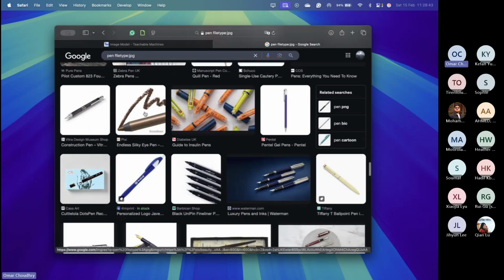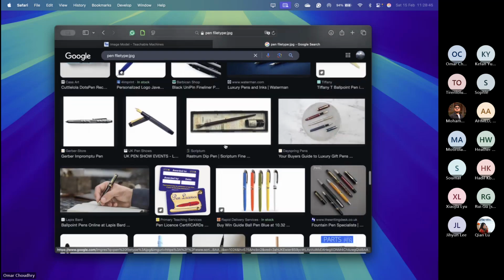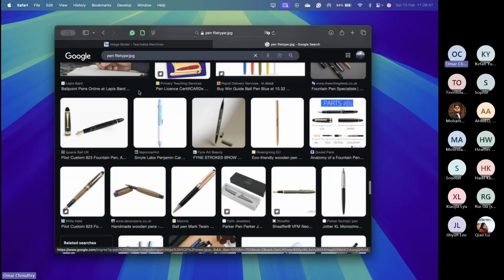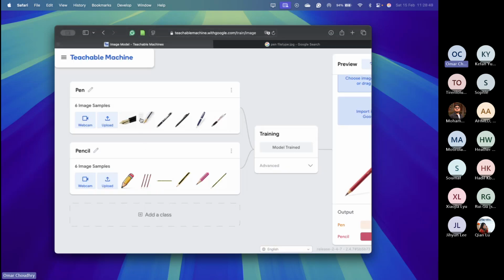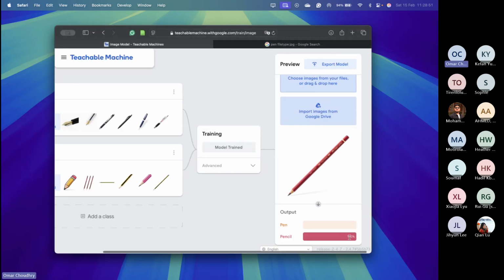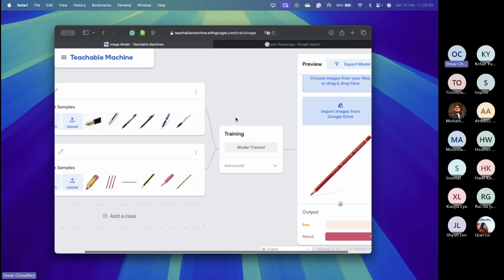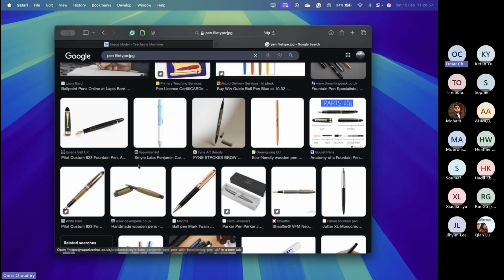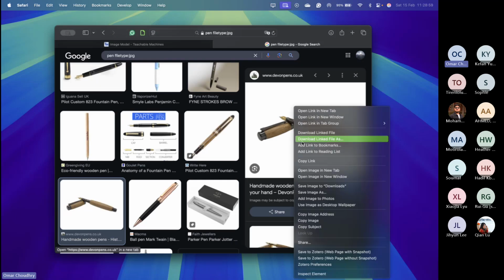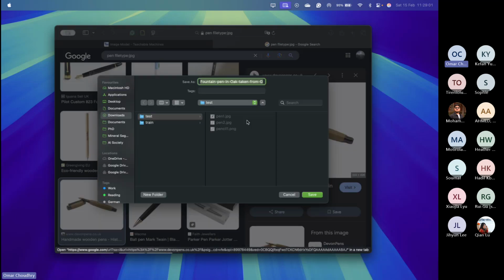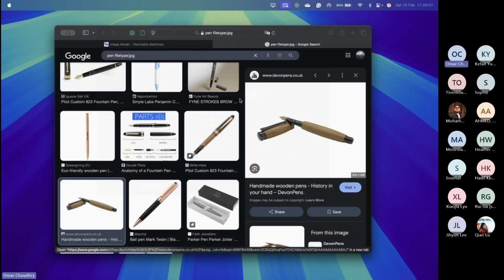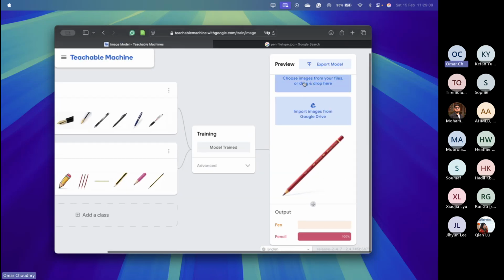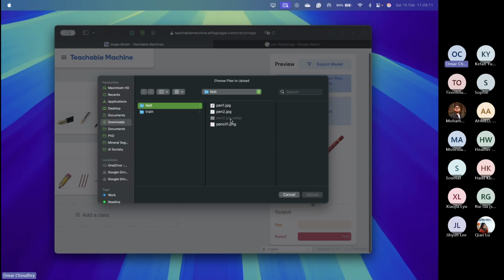But if I gave it a picture of a pen that looks anything similar to what I've given in the training data, it will always give us extremely high probabilities for predicting the correct image. But if you gave it something that maybe we haven't seen something too similar before in the test data, what you may see is that it doesn't perform as well.